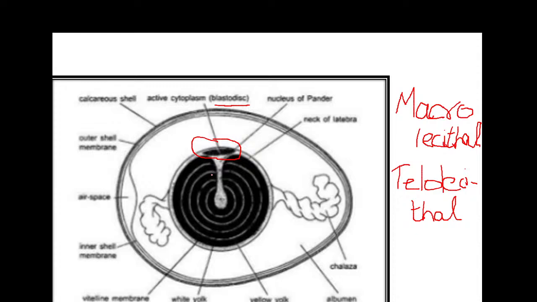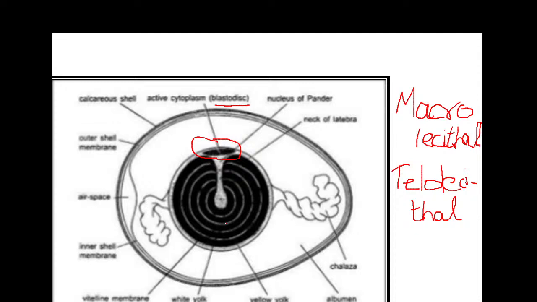If you take a boiled egg, you can see concentric rings. You may not be able to say exactly that they are concentric, but still you can see rings of yolk, that is yellow yolk and white yolk. And that's not uniform. It consists of yellow and white materials, due to the difference in the physical and chemical properties of the yolk, and they are deposited in alternate concentric layers around a central mass of yolk